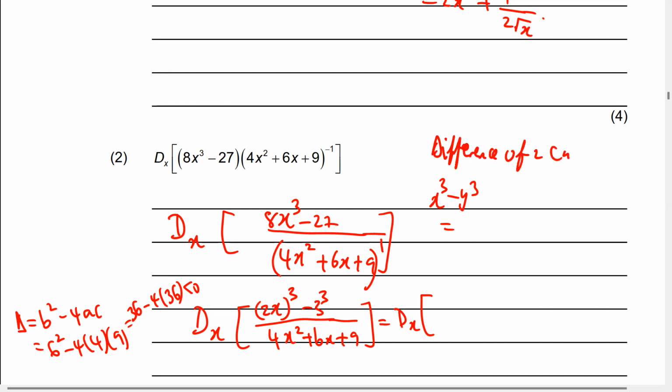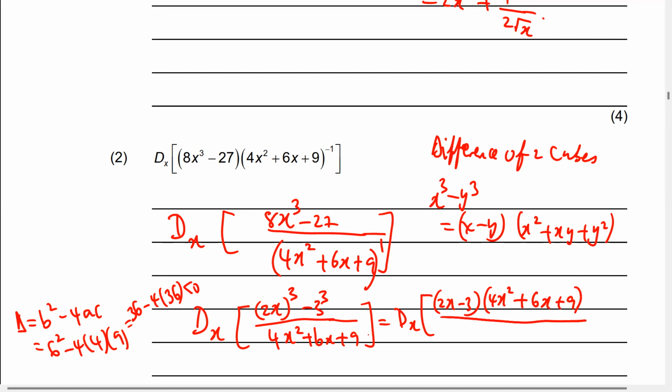Difference of 2 cubes, which is x minus y, and then you have x squared, this times that, times negative, which is plus xy plus y squared. So which means it is 2x minus 3. You square this one, which is 4x squared. Then you multiply these by that, you multiply by negative, it becomes plus 6x plus 9, which is exactly this. So it's going to cancel out,